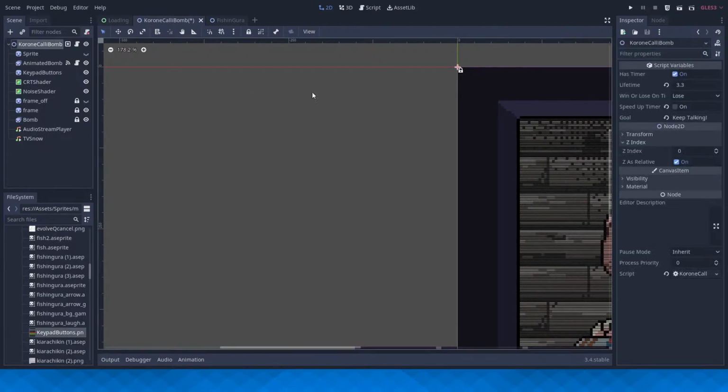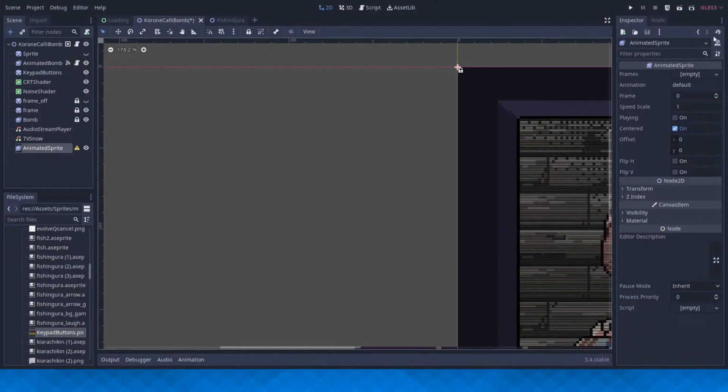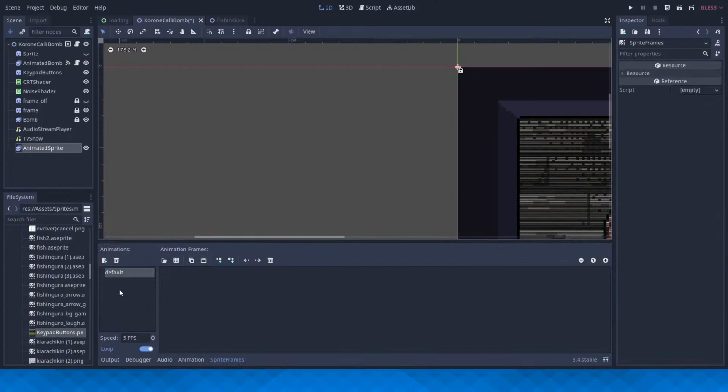I can say animated sprite, right? Frames, new sprite frames. I can actually use this to no problem. Okay. So I can use the animations here to reorganize them, and to select a specific button I can just select a specific frame. So firstly we have normal.